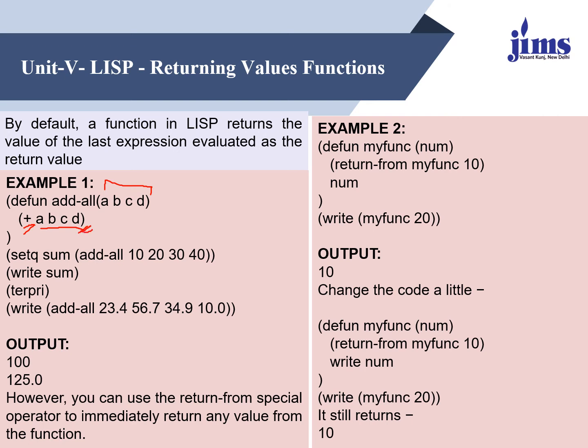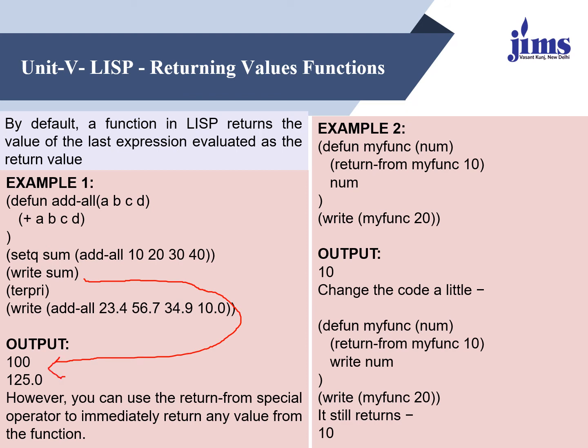So the return value can be stored also. So here I am calling the function addall, passing 4 values. But whatever value it is going to return, I am storing it in sum using setq. Setq is a macro which is used to initialize the value of a variable, which we have learned earlier in the previous classes. So with the help of setq, you can set a value of the variable sum, and the value I am setting or initializing is the return value of this function. When I write sum, you can see the output. This sum is going to get displayed over here, that is 100.